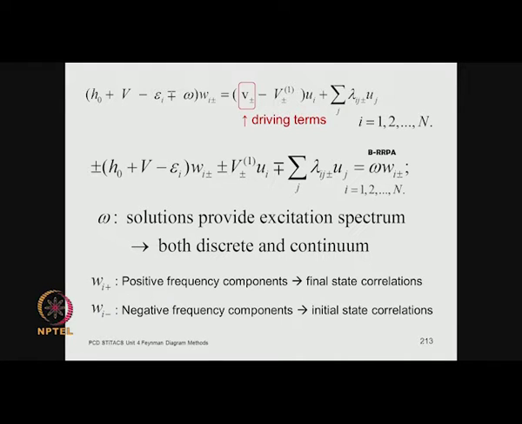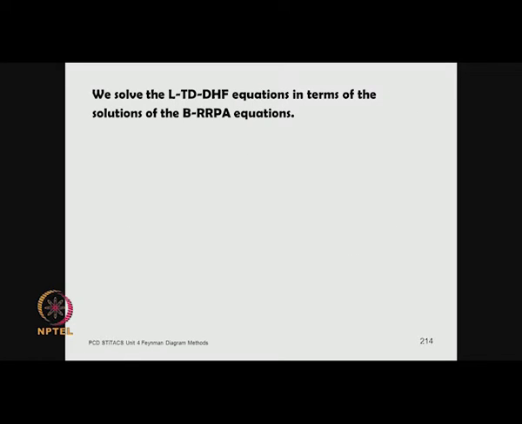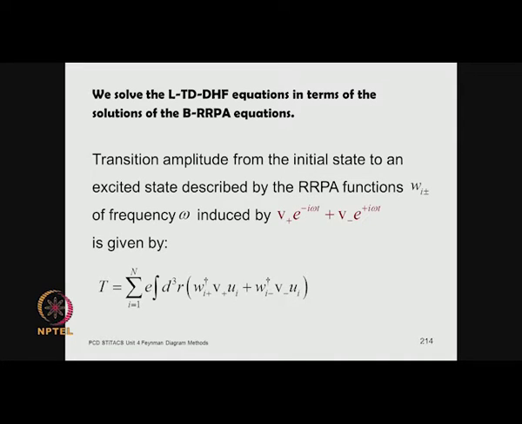So, both the final state and the initial state correlations are included in this. You can solve the inhomogeneous equation first, get the basic RPA equations, and then do the full RPA inclusive of the driving terms. So, you solve the linearized time dependent Dirac-Hartree-Fock equations in terms of the solutions to the basic RPA equations, and then ultimately, as is developed in great detail in this paper by Johnson and Lin,